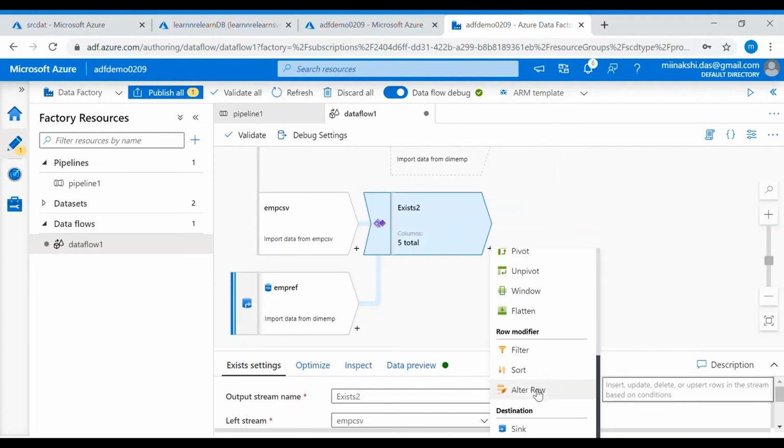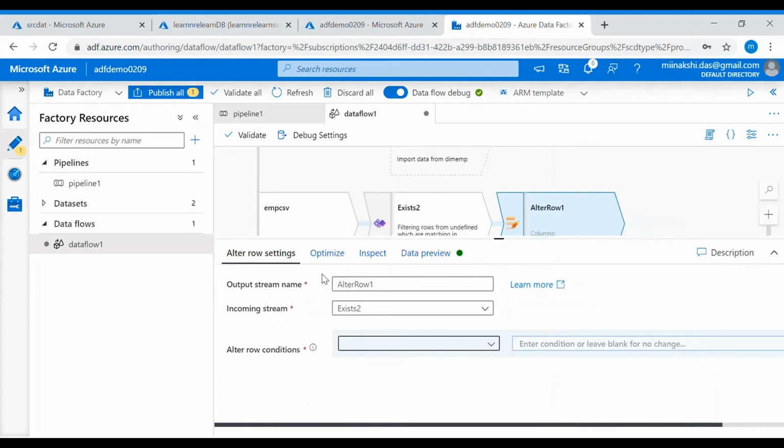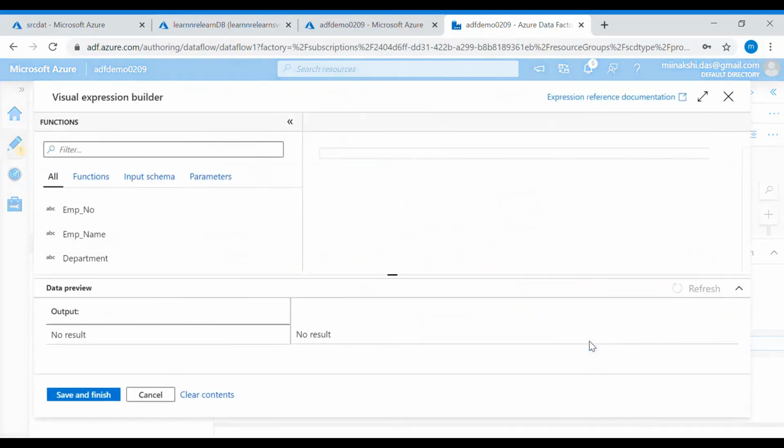Once it is present, then what we'll do is update the data. Alter row. Here we'll alter the row. Let's do the setup. For this, the alter condition we will give is update if. Any true condition we can give here.